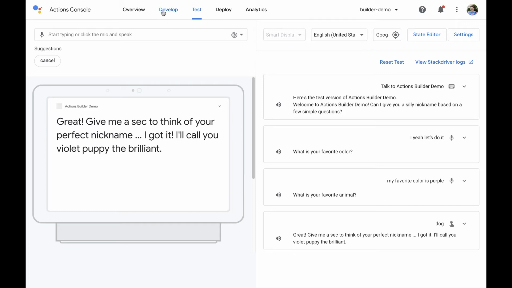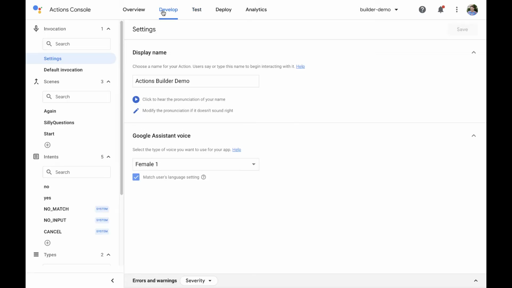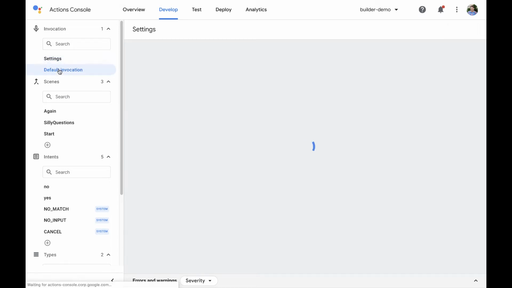So let's click over here on develop. And this takes us into the development section of this action. And so this is settings. And in here, I have my name of my action, which is Actions Builder Demo. And if we click over here on default invocation,